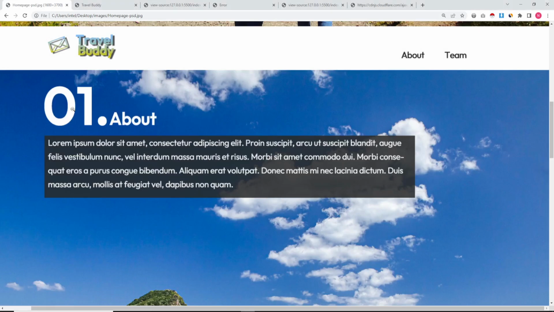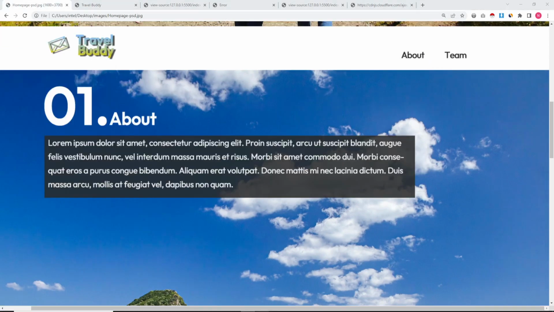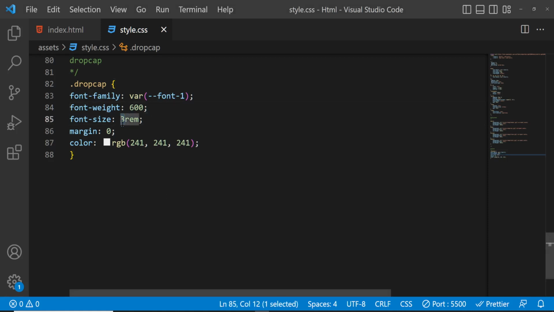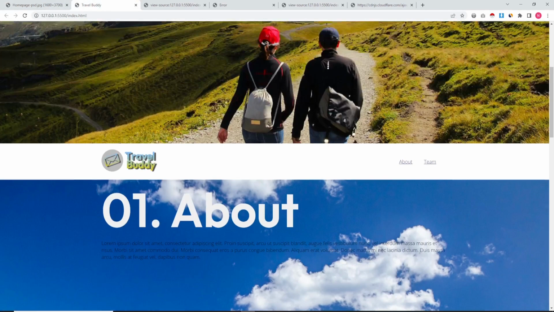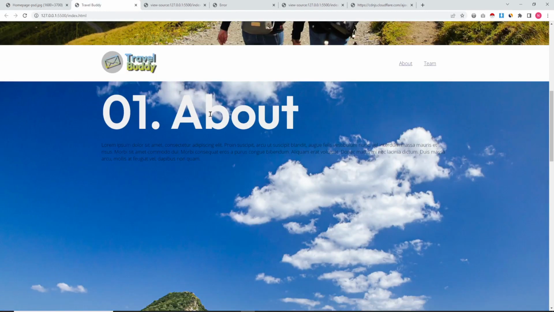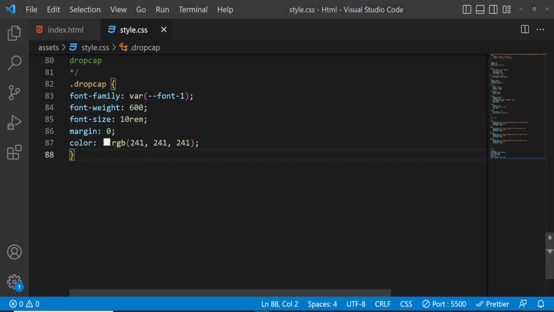Let's see the output. We need a little bit bigger size as per the design. So make it 5 rem or 10 rem. Yeah, now it is okay, but this about is smaller here, so we are going to use another CSS here. Drop cap span,